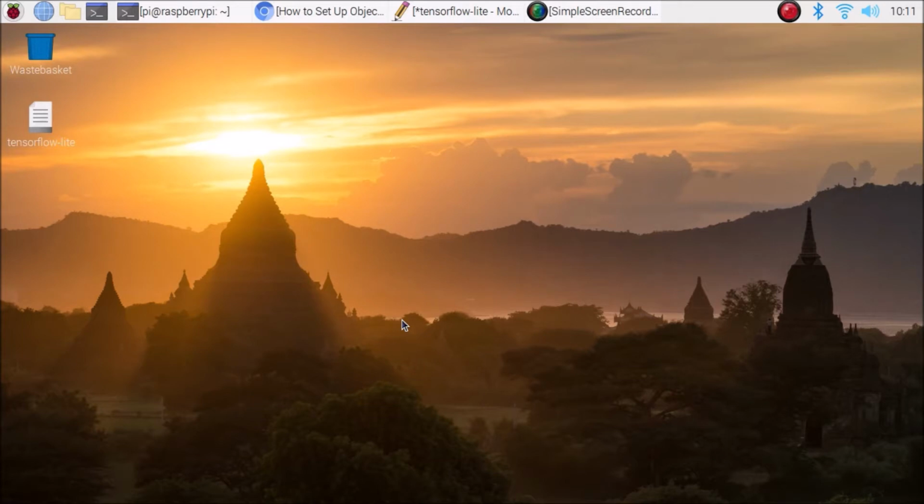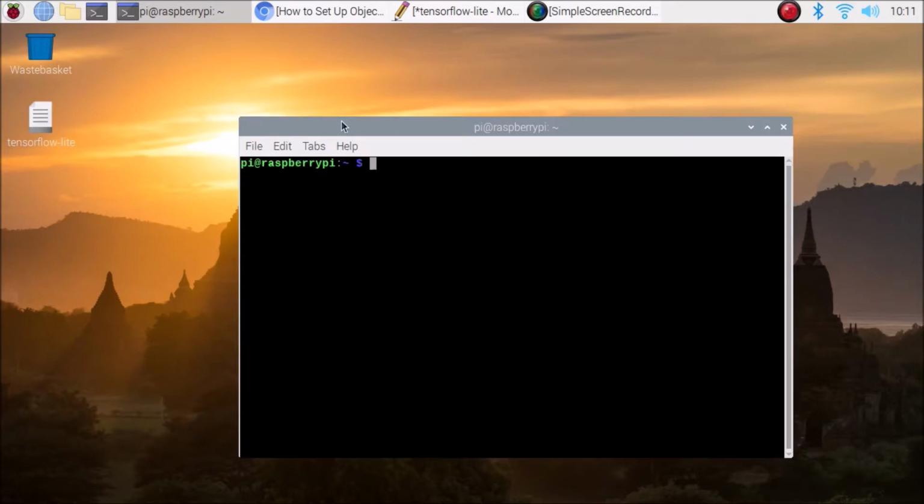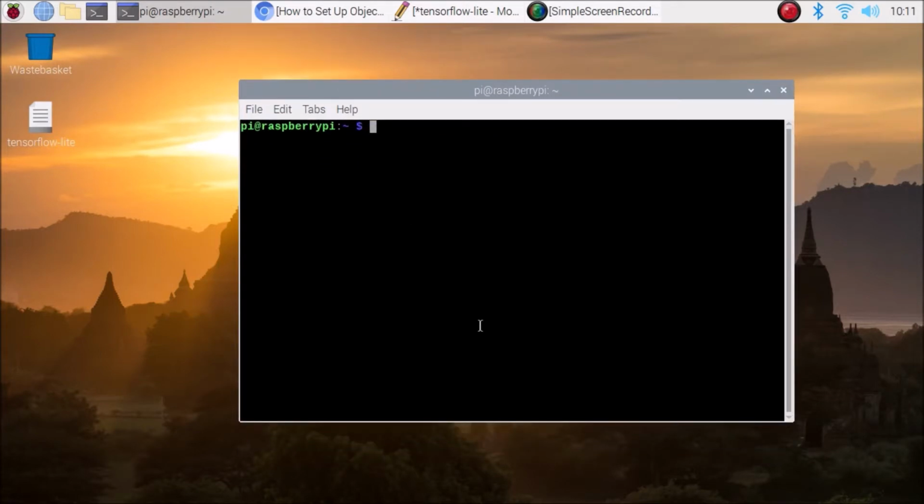So friends, we are going to install TensorFlow Lite on our Raspberry Pi 4. First you need to flash the Raspbian OS on an SD card and then start the installation. Now I have run the sudo apt update and sudo apt upgrade commands for updating and upgrading the packages. So first you need to update and upgrade the packages using the command sudo apt update, then sudo apt upgrade. That's it. So I have updated and upgraded the packages.